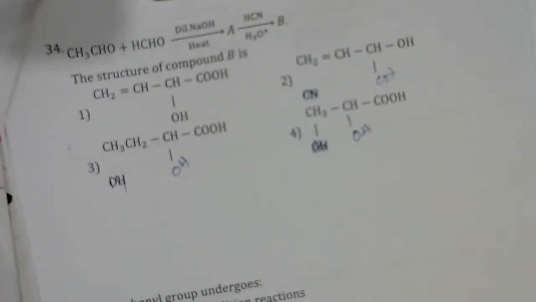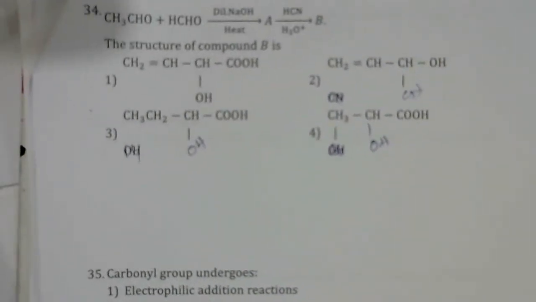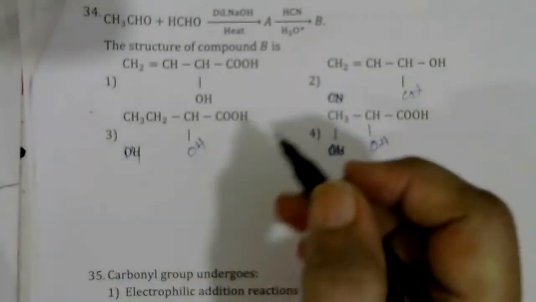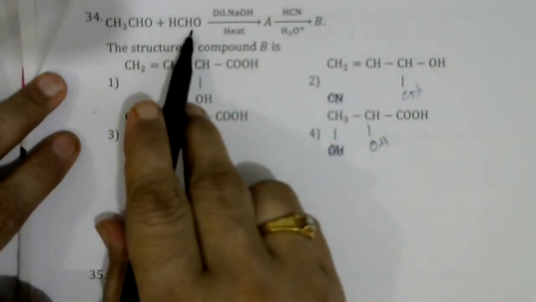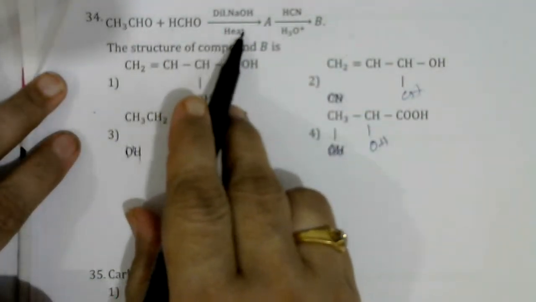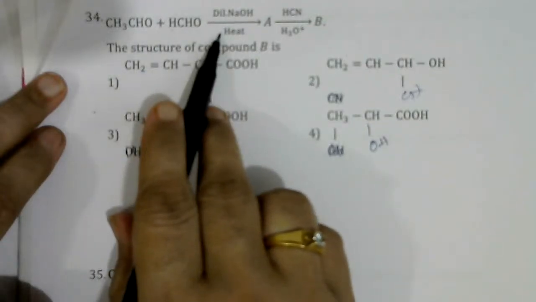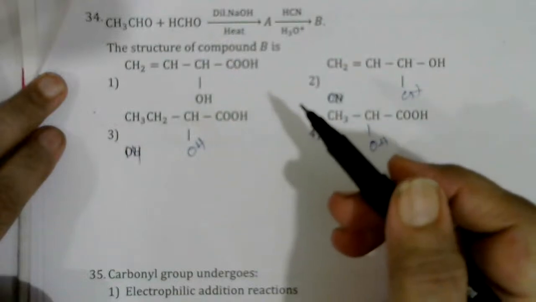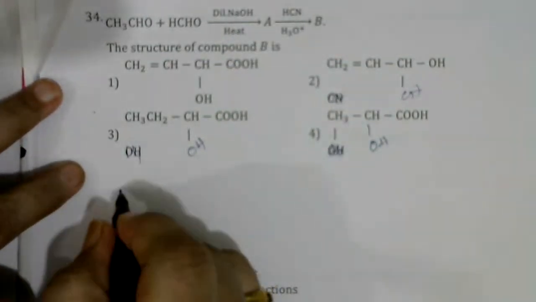Question number 34. What did they say over here? When acetaldehyde is treated with formaldehyde with dilute NaOH and heat. Remember one thing, with respect to this, it is like a cross aldol condensation. Correct? It is like a what, children? Cross aldol condensation. If I am going to write it as